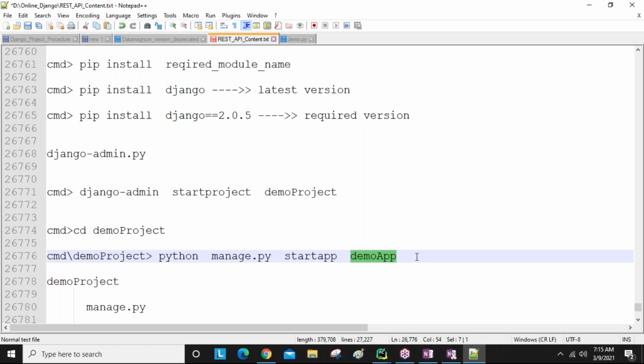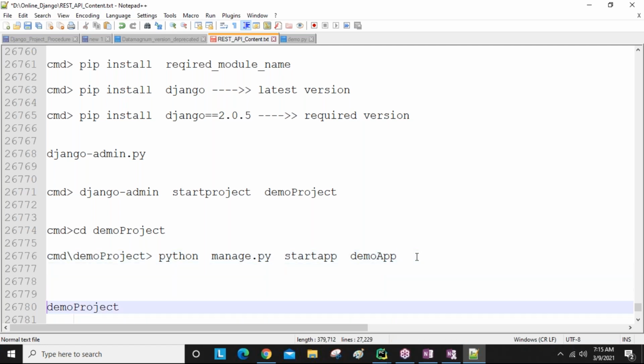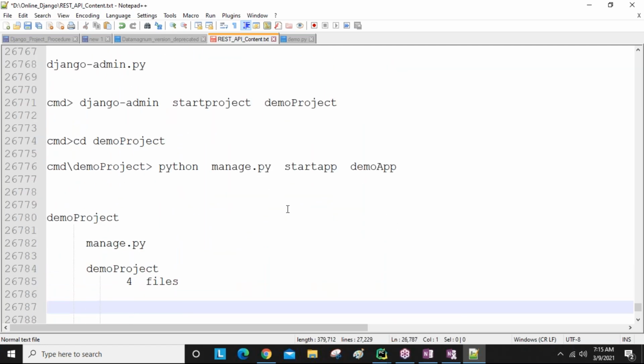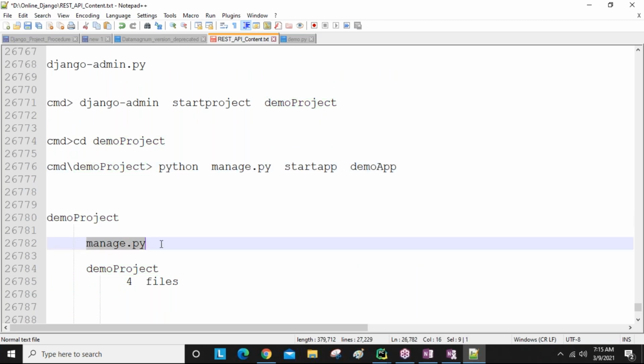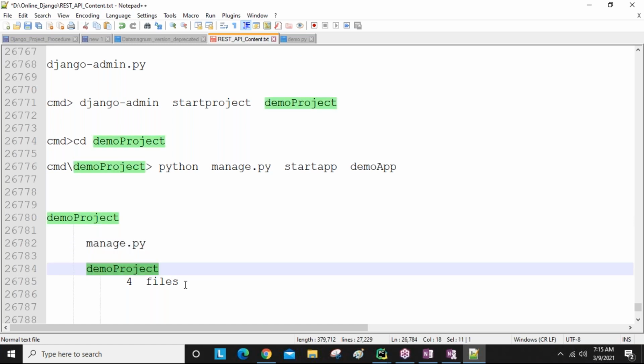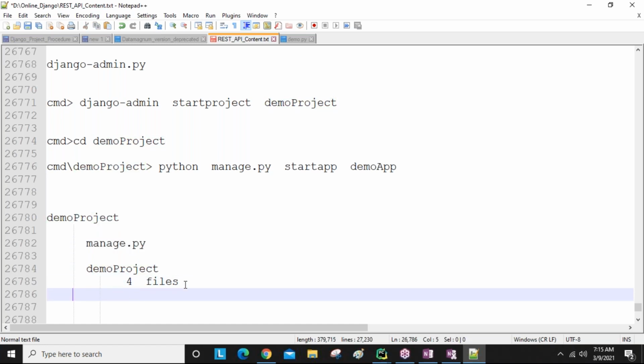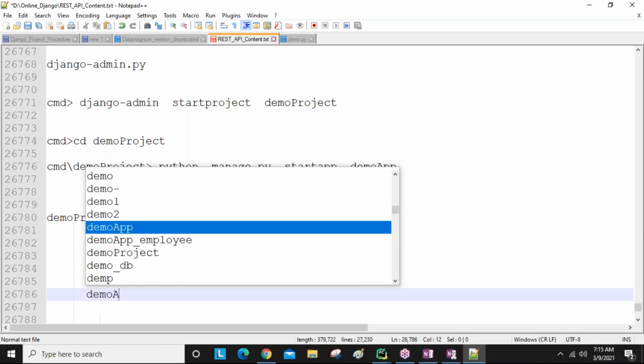After executing this command, in this folder, parallel to manage.py and the demo project, you are going to get one folder whose name is our demo app, the application name.